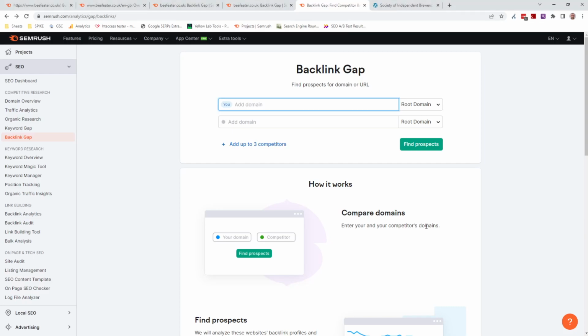So the backlink gap tool in SEMrush, it's really useful. You can find it within SEO under competitive research, backlink gap, and you get to this screen. Now the reason for using backlink gap, what we're trying to do is we've got our client, we add some